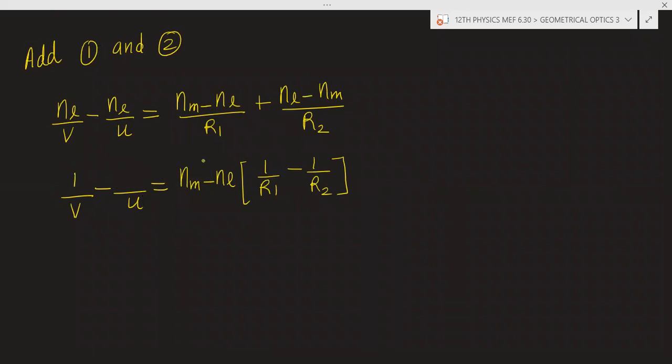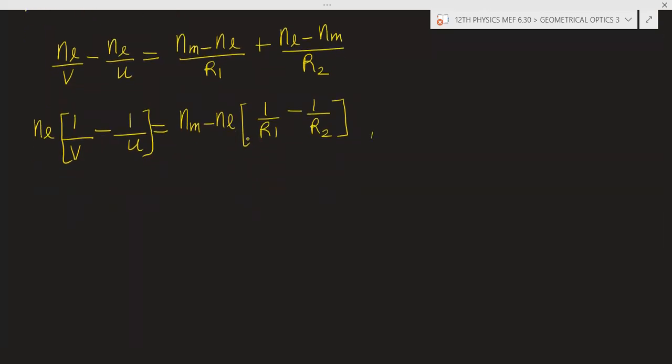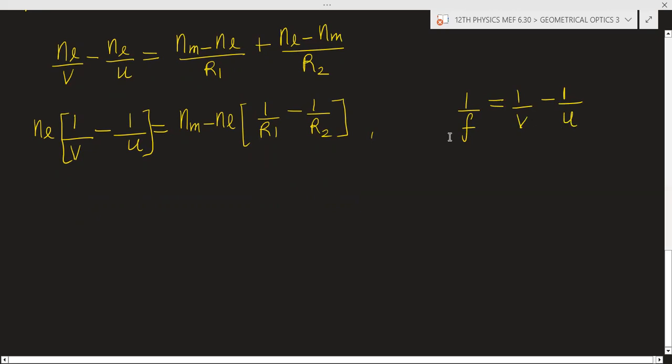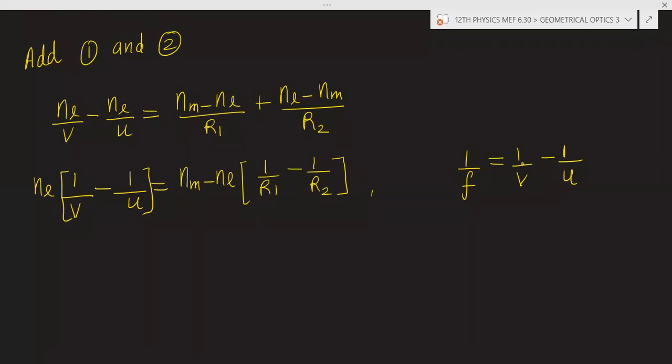So 1 upon v minus 1 upon u, and here what is common? NL you have taken common. Now there is one formula for the lens. 1 upon f is equal to 1 upon v minus 1 upon u. This formula is valid for the lens. So this is the formula for calculating the focal length for the lens,